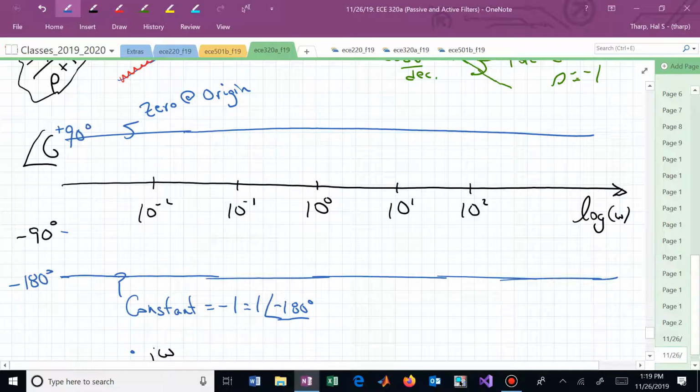For that factor. And if I just had those two, if I just had a transfer function of minus s, and I considered the minus to be minus 180, my total response would just be minus 90 degrees for all frequencies. I just add those two point for point at each frequency. I don't have just a differentiator. That's what H of s equal to s would be. That would be like a differentiator